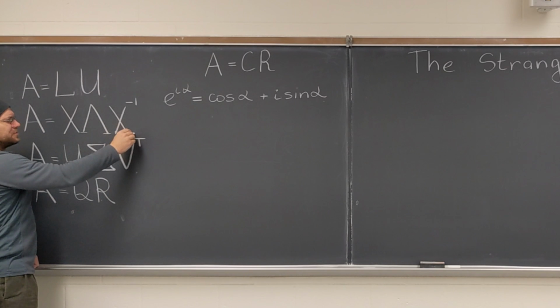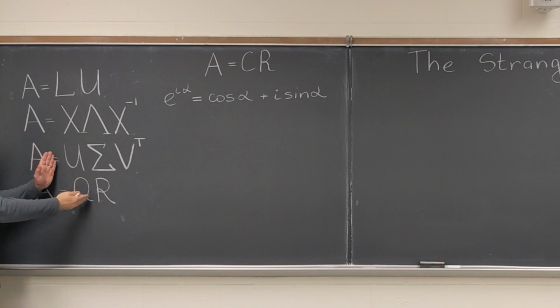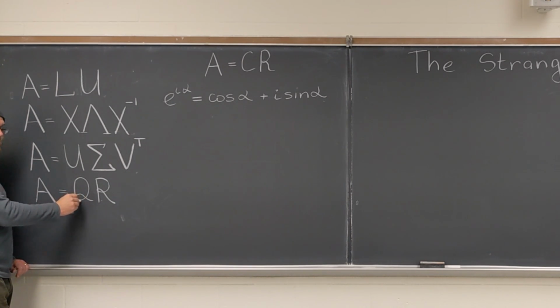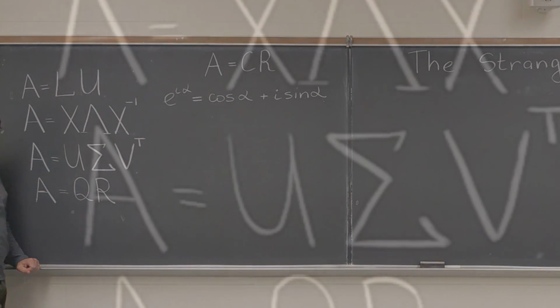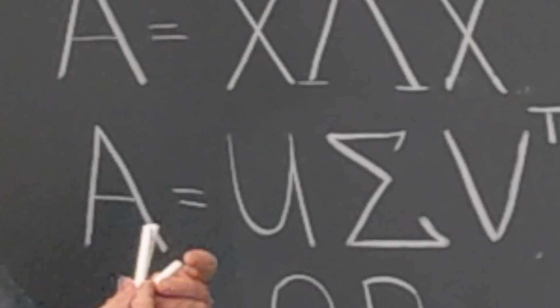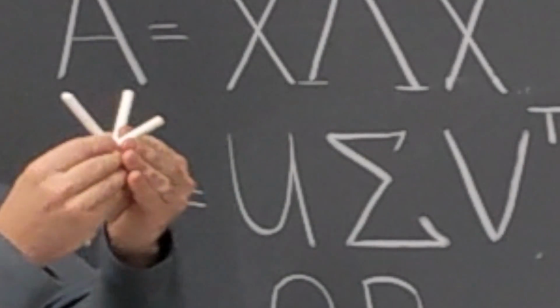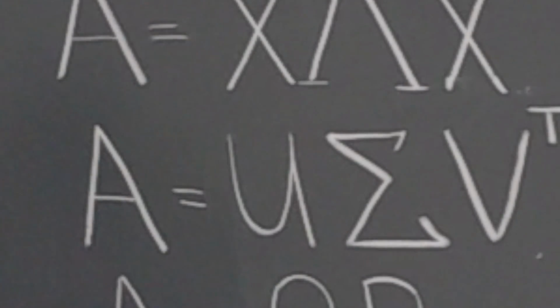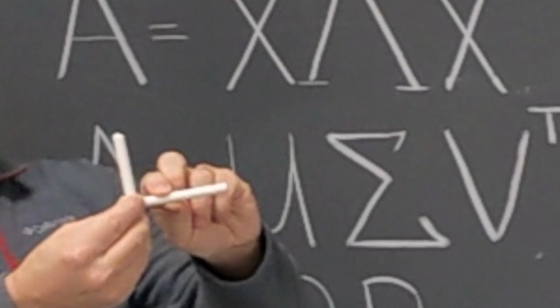But it's essentially an algebraic idea. Eigenvalues are an algebraic idea, and this is an algebraic decomposition. And these two are very much geometric decompositions. This decomposition has to do with taking an arbitrary set of linearly independent vectors, however many you want, and then modifying them to make them orthogonal, and just making these sorts of adjustments to make them not just orthogonal, but orthonormal. All orthogonal and unit length.